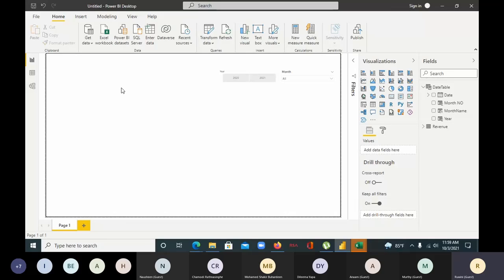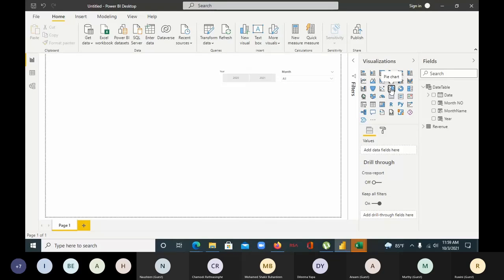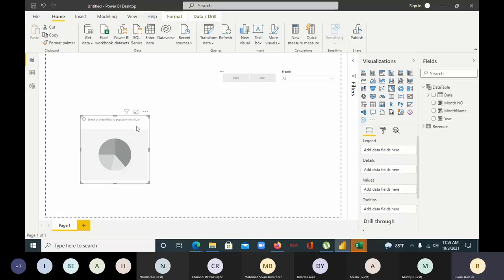Okay. So we have slicers here. So let's go for some easy visuals that we all know. Pie charts are something that we all know. So I'm going to go ahead from visuals and select pie chart. Okay, so let's do an easy visual, just